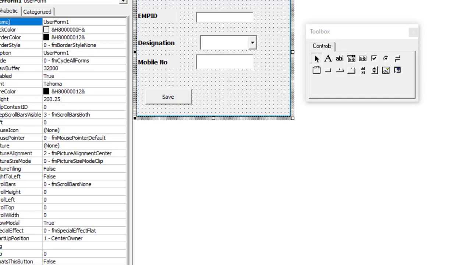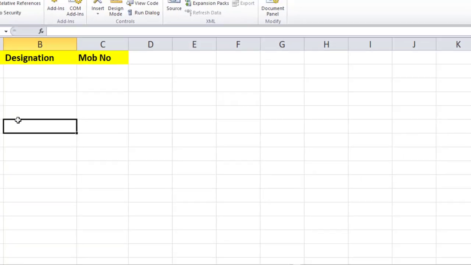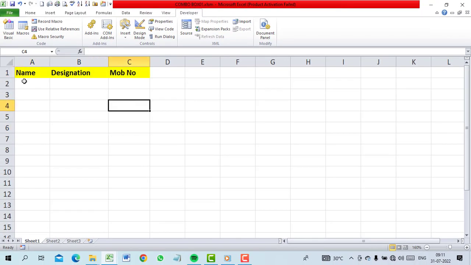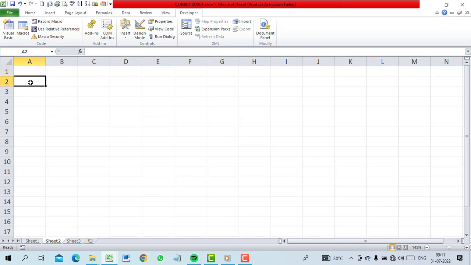Right now we will make a list for the combo box. This is the data sheet where we can store our data. In sheet 2, we'll write the designations of the staff.